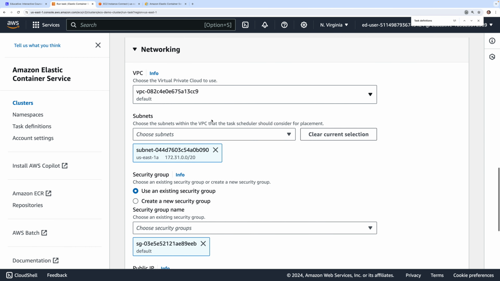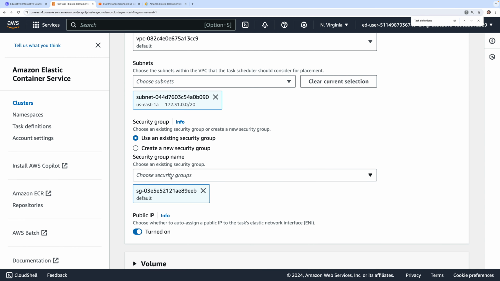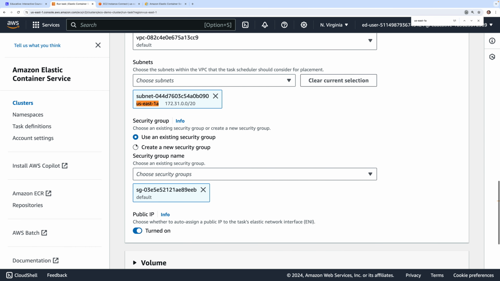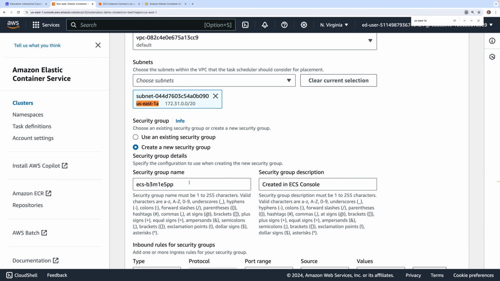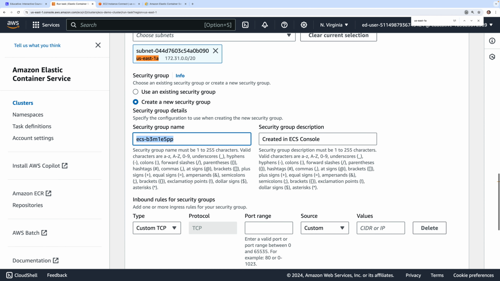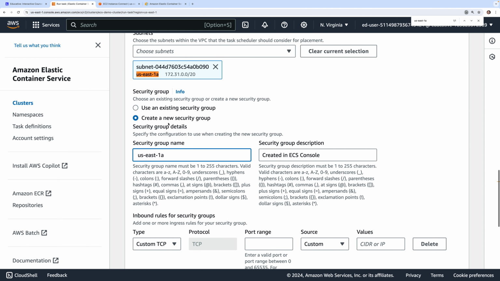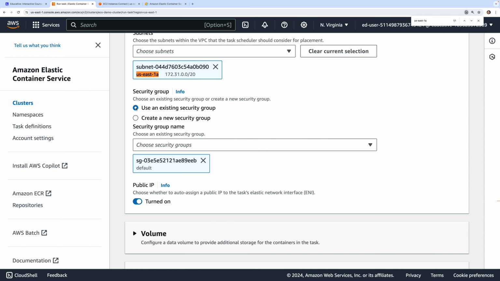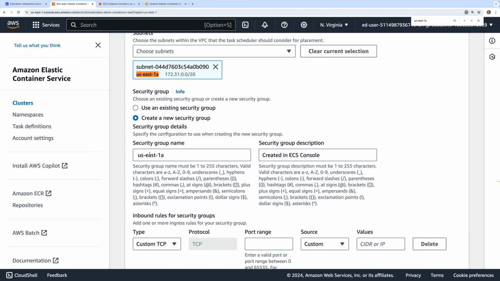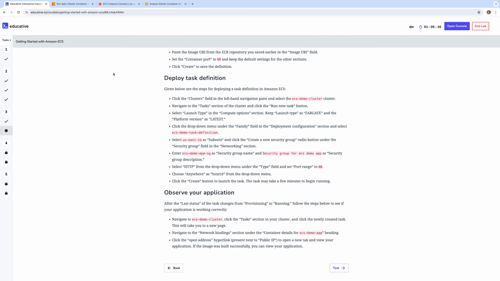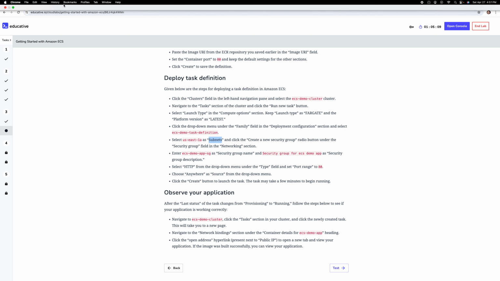Subnet group field, is it? Oh, okay. Create new security group under subnet group. Security group. What is this? Oh, create new. Select ECS subnet as a click, create and click. Okay, so